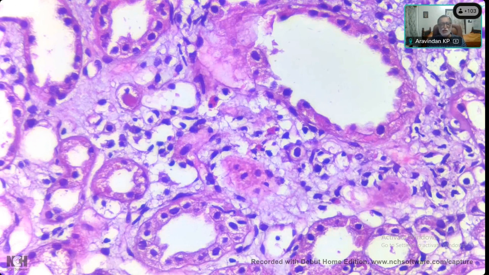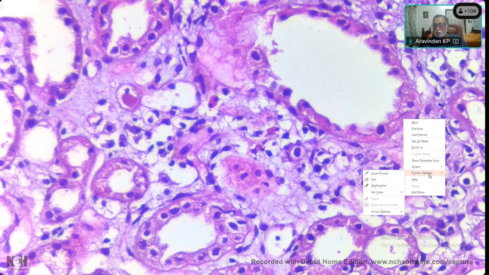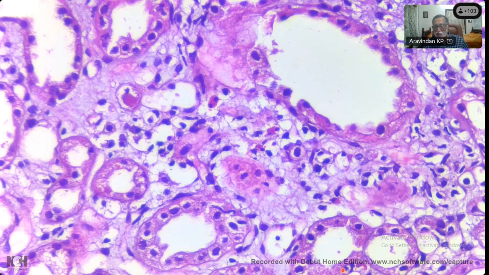A lot of lymphocytes in between the tubules, edematous stroma, edematous interstitium, and any other cell other than lymphocytes? Yes, I noted an eosinophil and a plasma cell. You can see quite a few eosinophils spread in between this. So with this, what would the conclusion be? And not only that, sometimes you see some lymphocytes infiltrating the tubules.